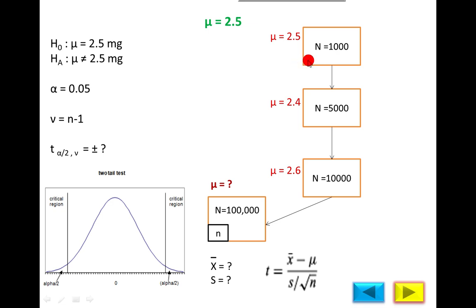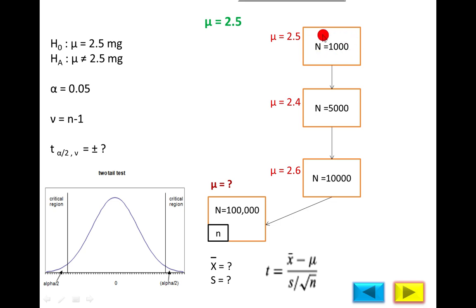Suppose the weight of the first tablet is 2.5. The weight of the second tablet is 2.4. Third is 2.3. Next is 2.6. Next, suppose the weight of the tablet is 2.5, and so on. If you calculate